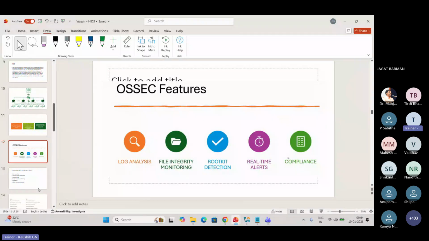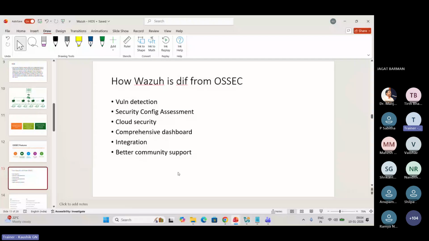Yes. Now, how is Wazuh different? Although Wazuh is derived from OSSEC, what is the difference between Wazuh and OSSEC? In Wazuh, the security researchers as well as the developers came up with new options called vulnerability detection.